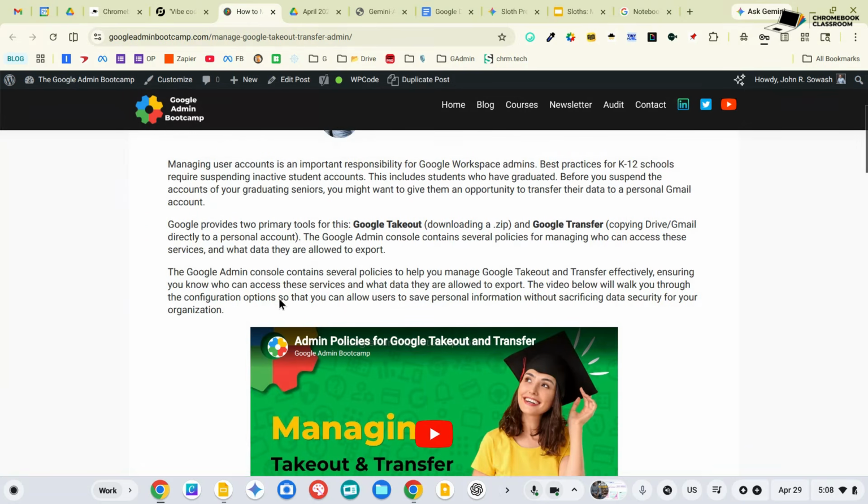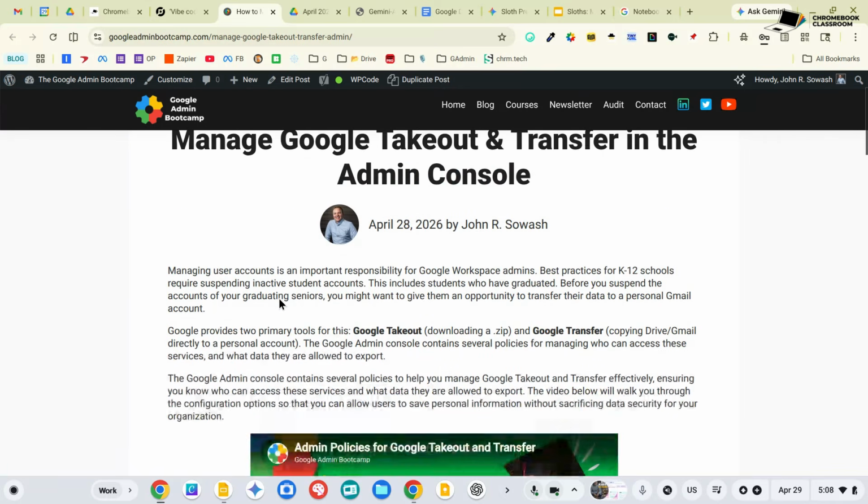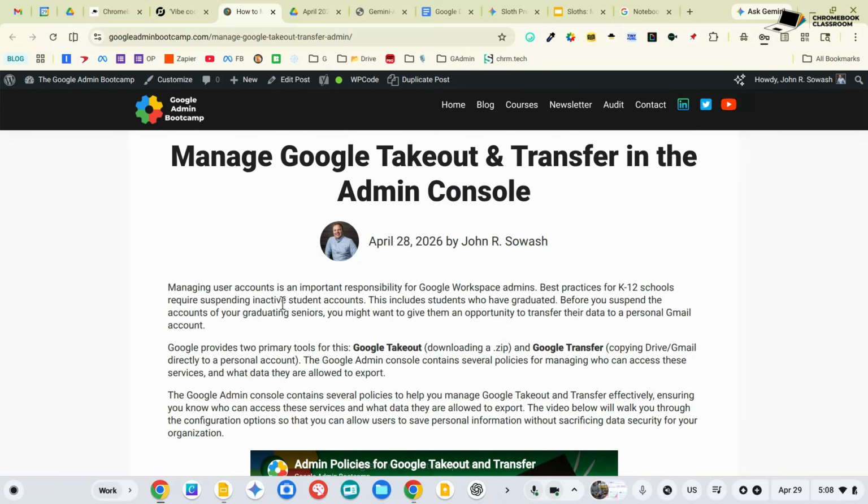I have 2 resources that I can share with you. First off, if you are an IT administrator, I have a set of instructions and a blog post about managing the Google Takeout and Transfer resources using the Google Admin Console. So the right people have access. You can kind of turn it on, turn it off at a set period of time.